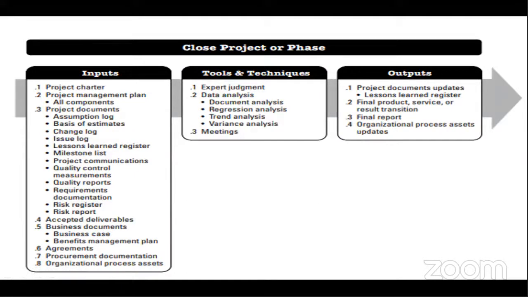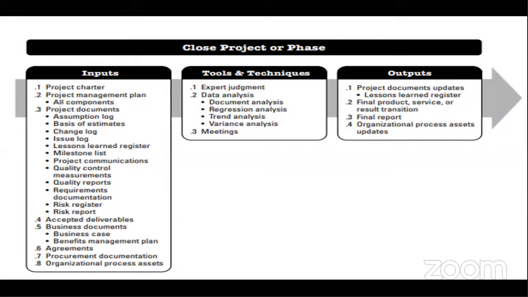Now, in the tools and techniques, we have expert judgment. Then we have data analysis, which will involve document analysis, regression analysis, trend analysis, and variance analysis. And then we'll have meetings. More of these tools, we will look at as we progress, where they are much more practical. Then on the output, we have project documents updates, where we'll have the lessons learned register. We'll have final product,